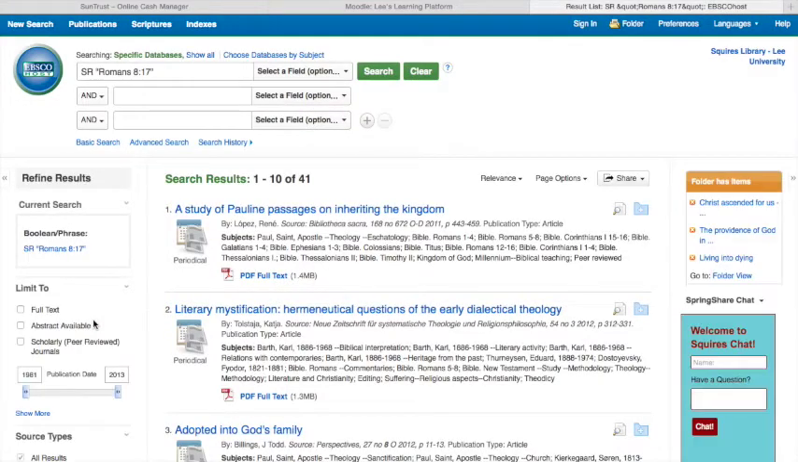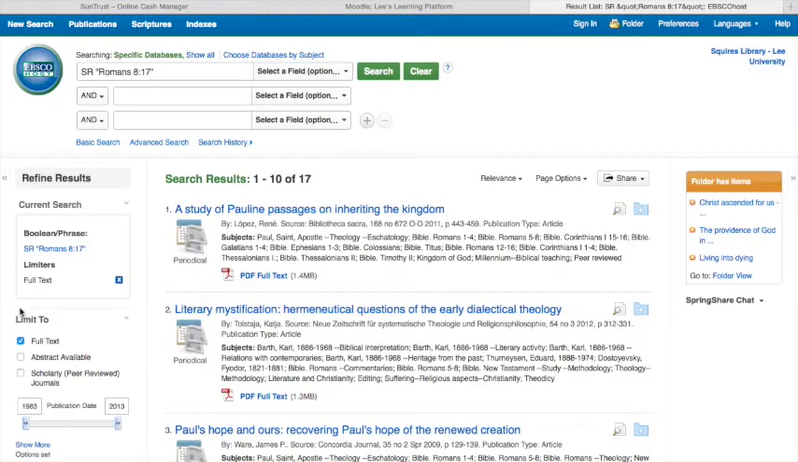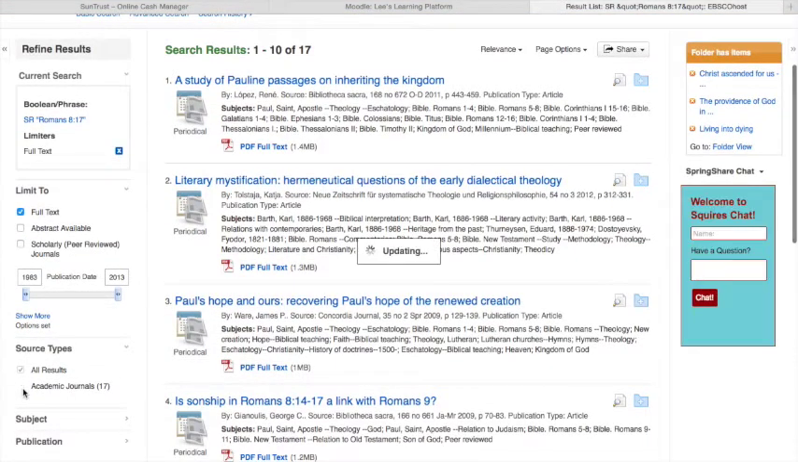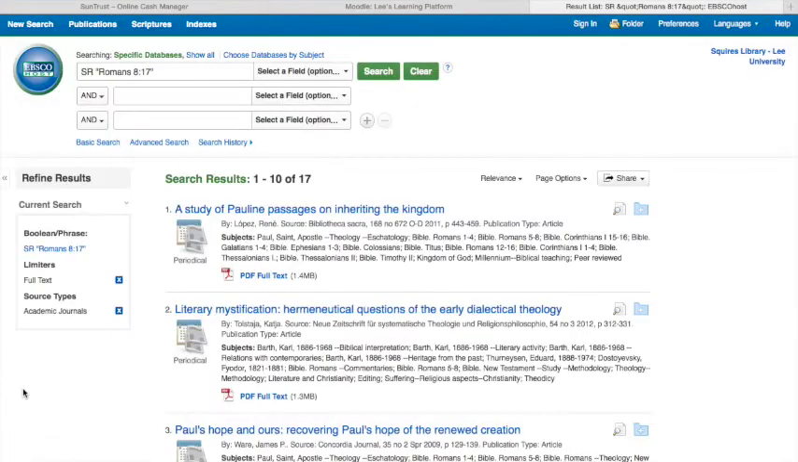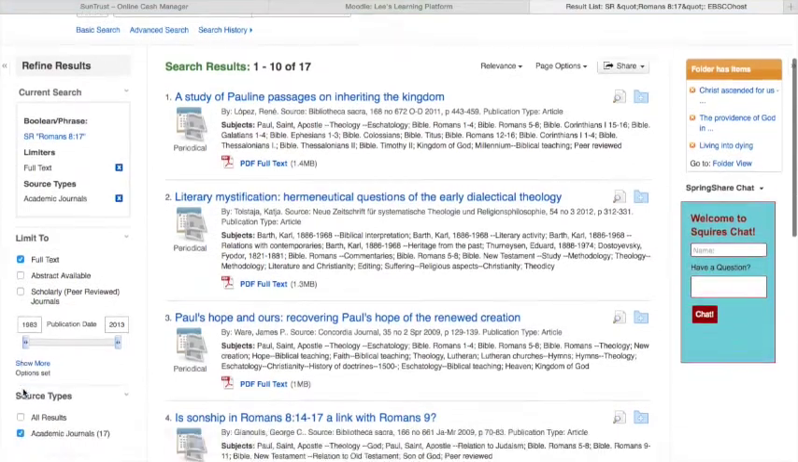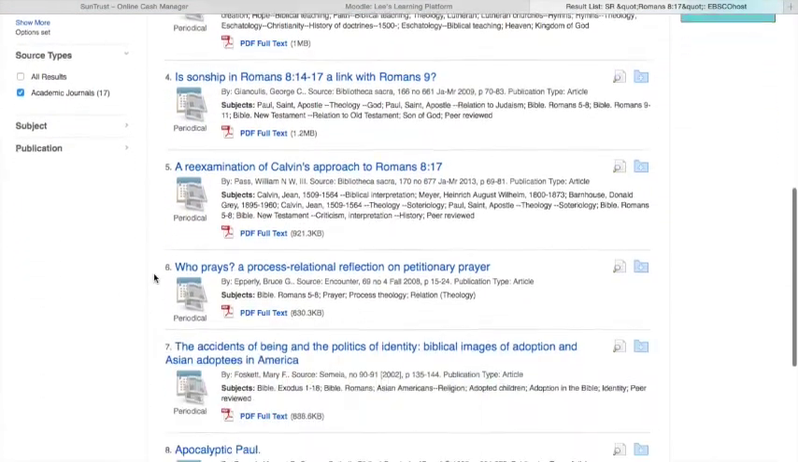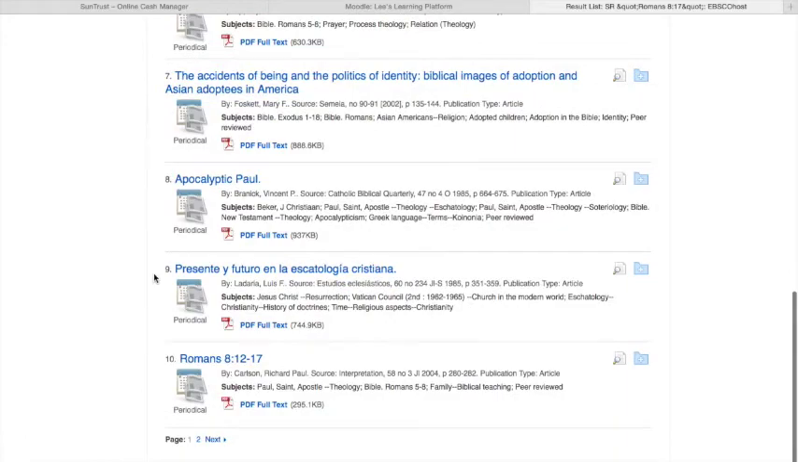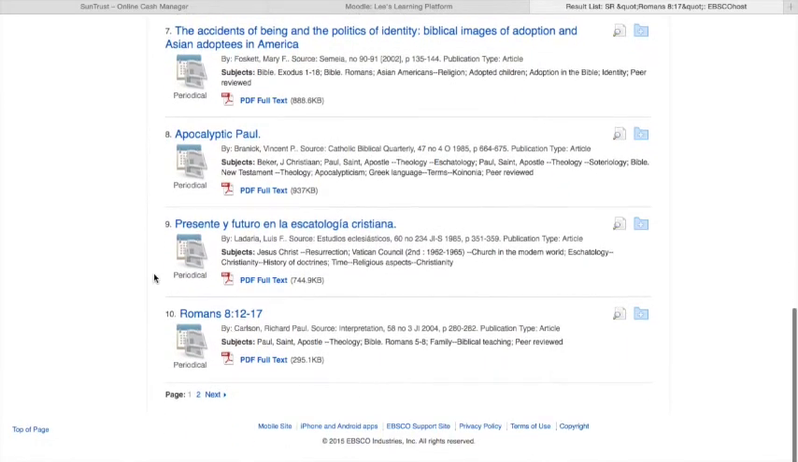And there you are. Now I have 41. I do a full text limit. I do an academic journal limit. And now I have 17 articles that I can sift through. So that's how you go about using the ATLA database to find good, specific research that will help you write